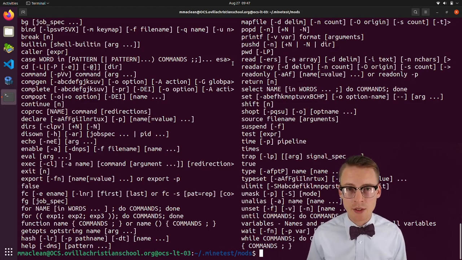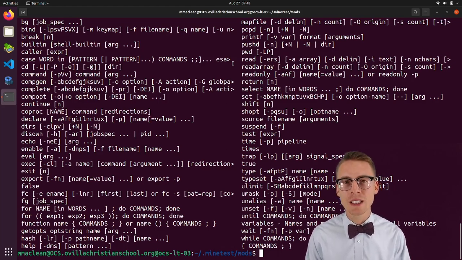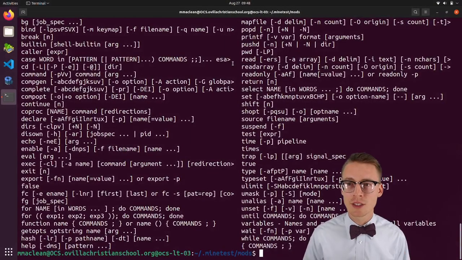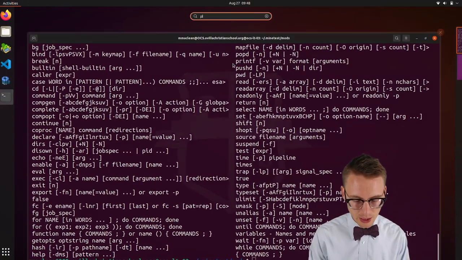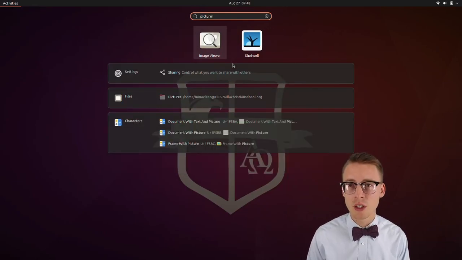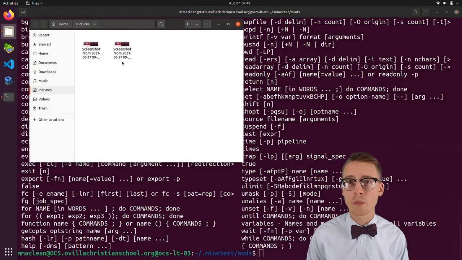Now, how do you take a screen capture? It's very simple. You simply press the print screen key on your keyboard. So I'm going to do that right now, and you'll see, wow, very pretty. It took a picture. Where did that picture go? Well, if you press the Windows key, type pictures, and in your files, there's a folder called Pictures, and here